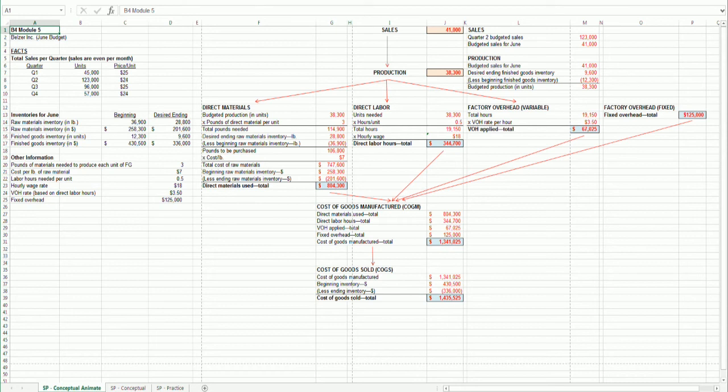Second, I hope you see that ultimately, do we use every single piece of information? Almost. The only ones we didn't use that were truly superfluous were the other sales data at the top left. We don't really care about other months or other quarters. We're only focusing here on June. But a word of warning. On the exam, always double check what the dates are that they're asking about and what months you have information for. You can probably guess that this would get a lot more confusing if they were asking about June, but they gave you inventory information for June and July, and you had to make sure you were always plucking the right information. But hopefully this will help you understand the budget process.